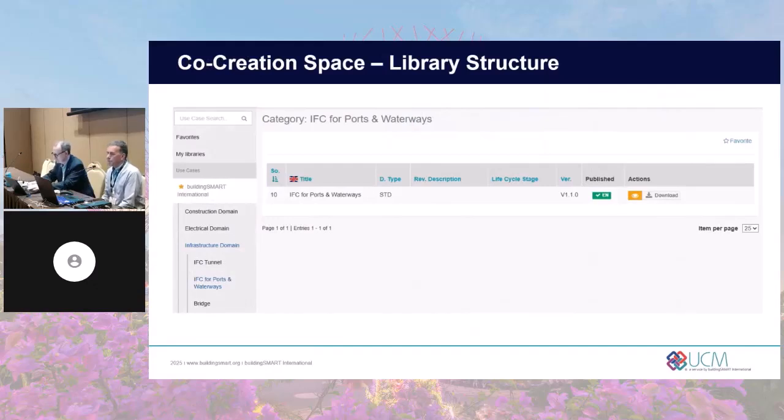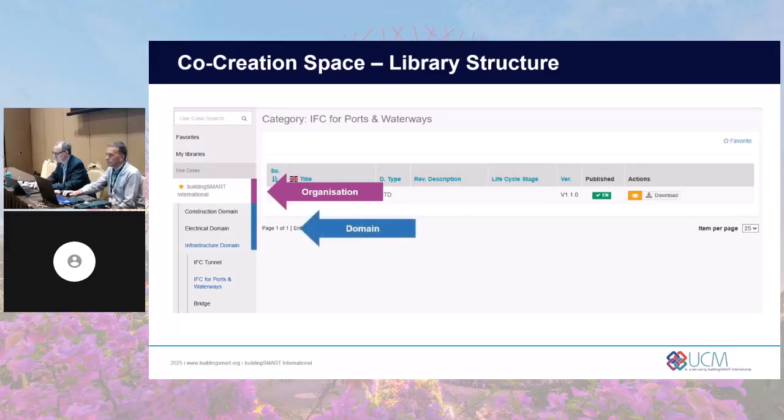Then once we jump into this co-creation space, we have a library structure. So where to find basically your projects and your use cases. So first of all, you have the organization. This means buildingSMART International. Here you will find all domains. So on the domain level, you will find your domain. For example, infrastructure domain or a building domain or a regulatory domain, so whatever you need and where you work